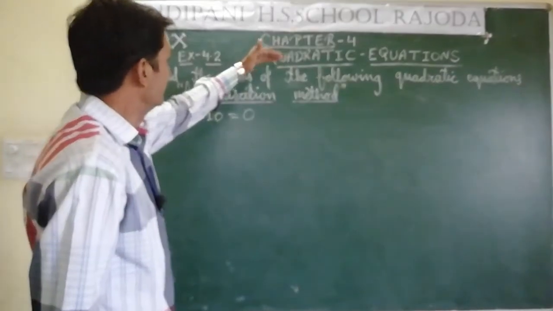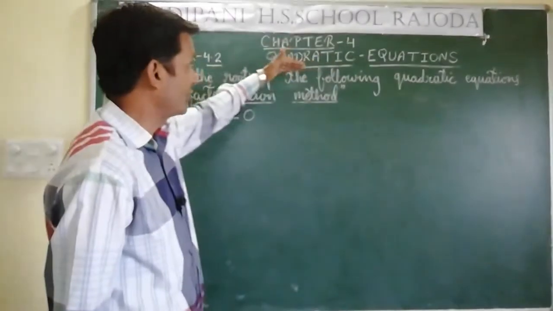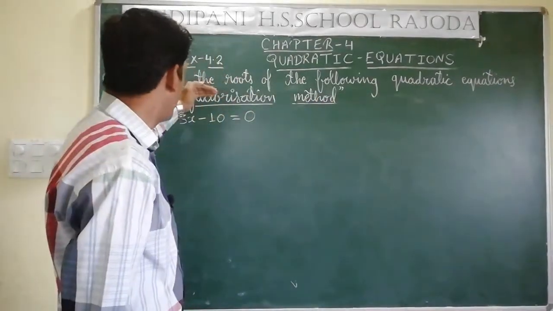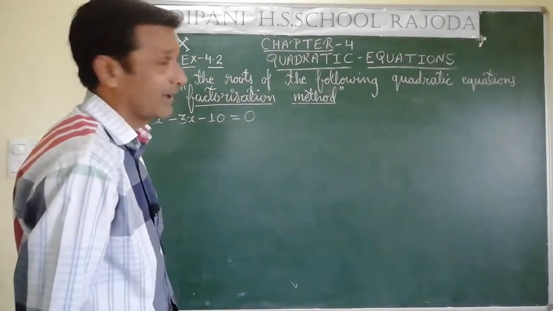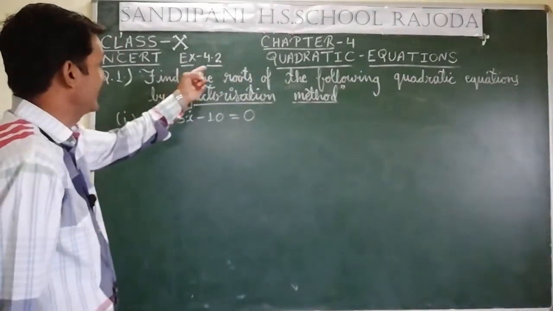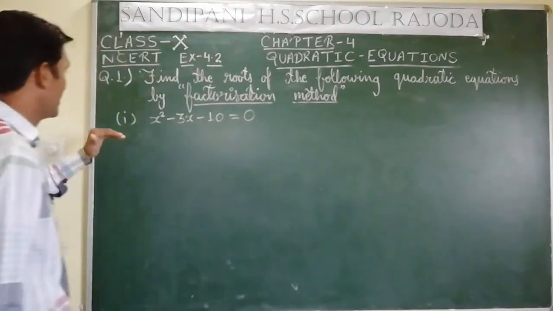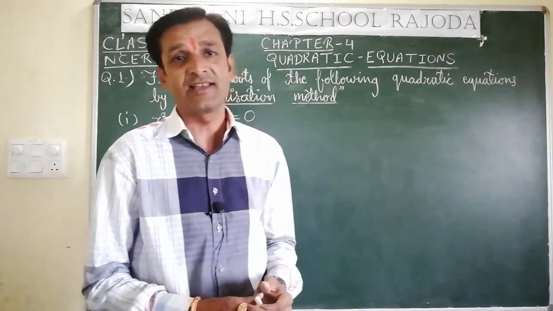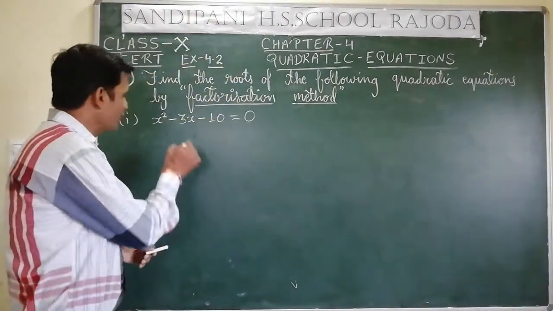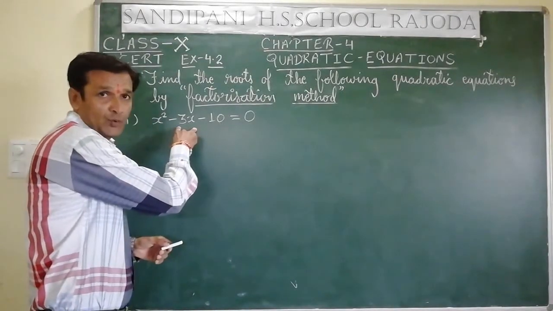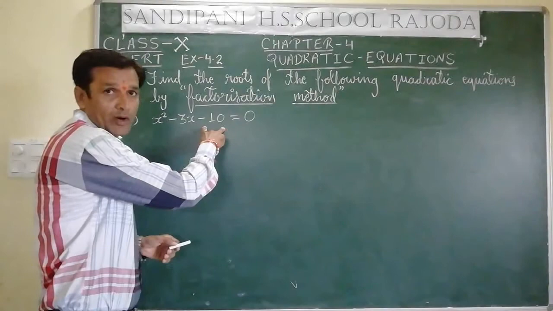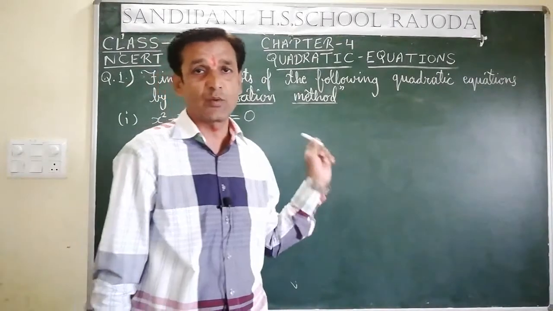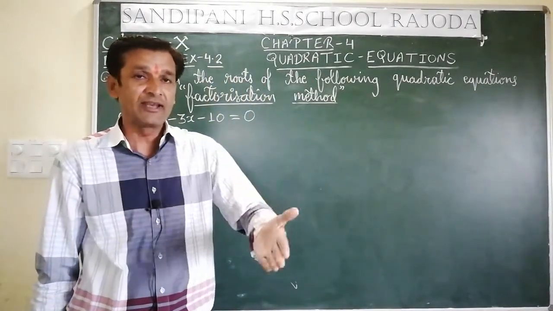I am explaining our maths topic, quadratic equations, which we are continuing now in the form of finding the roots by the factorization method, expressed in Exercise 4.2 of NCERT. The question is x square minus 3x minus 10 is equal to 0. We have to factorize in such a manner that the sum of the two quantities is equal to minus 3 and the product of those two quantities is equal to minus 10. In such a manner we factorize this equation, by which we can find the roots.